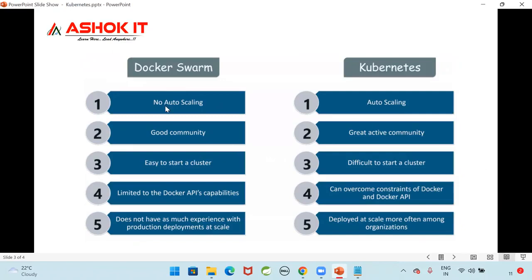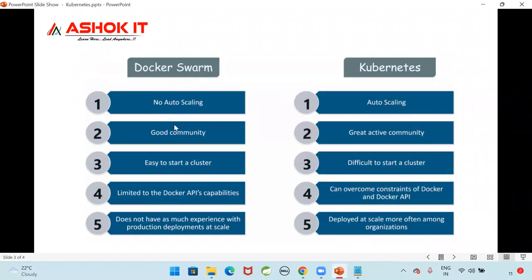In Docker Swarm, you can scale your containers, but you need to scale manually. How many containers you want to run, that number you need to give manually. So you need to scale manually how many containers you want to create for your application. Auto scaling is not available in Docker Swarm. But when we go for Kubernetes, auto scaling support is available. Based on the traffic, it can identify how many containers are required. It is going to create those containers and manage those containers. So scaling the containers is a manual process in Docker Swarm, whereas in Kubernetes, it is an auto scaling